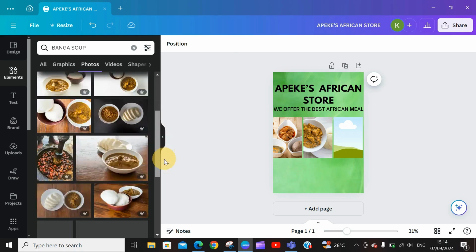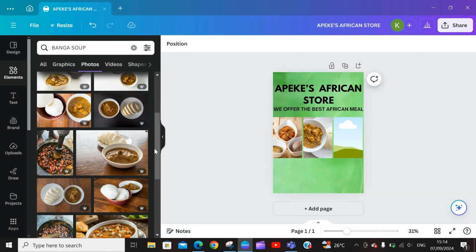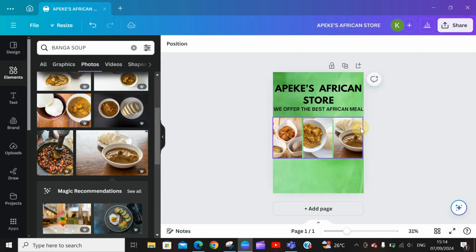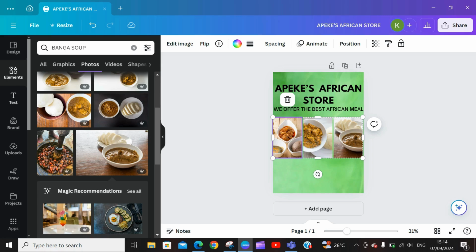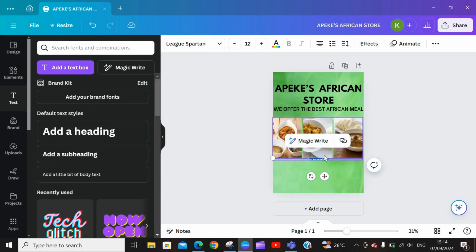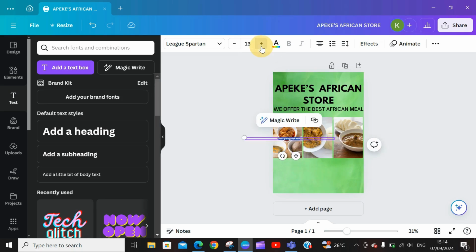So the next thing you do is just look for a particular picture that suits what you want to portray. So I think this does. So just put it and it's inserted. So now don't forget to add text to actually tell everyone that this is what you're talking about. So you go for add a text box on that text, then you bring it down here. Increase the font size. So in this place, you have amala,